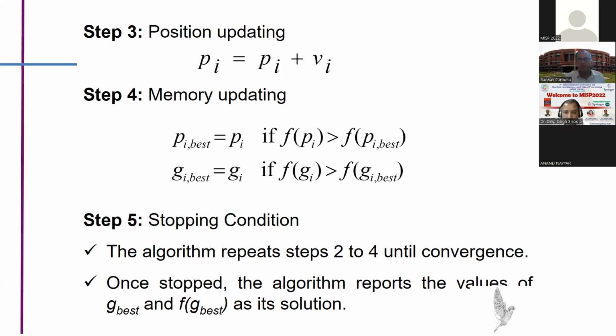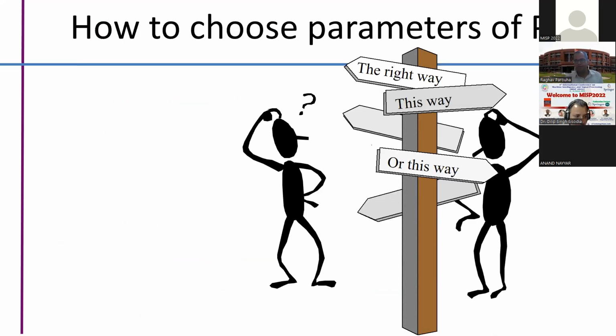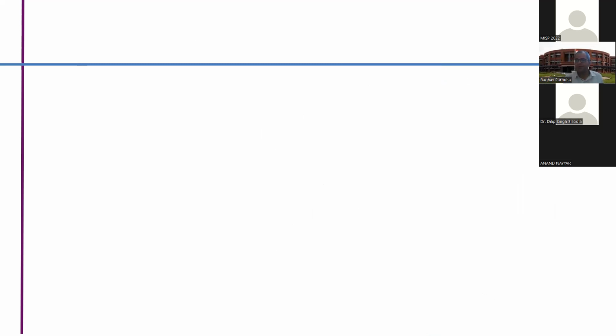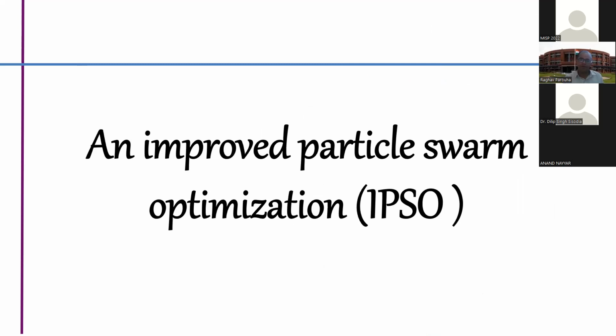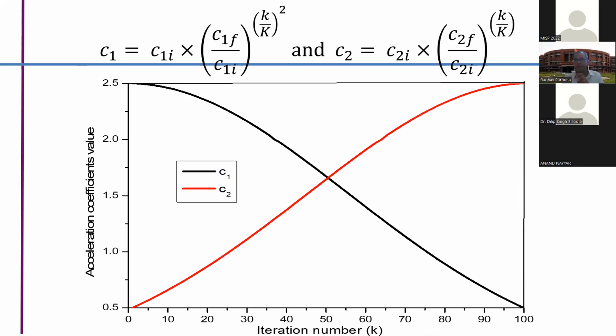Report the optimal result means you check your function value. This is a very crucial condition in particle swarm and in every algorithm: how to choose the parameters, because parameters influence all the steps of any algorithm. So here we design an improved particle swarm optimization. In this improved particle swarm optimization, we design C1 and C2. If we go by this formula, C1 is gradually decreasing and